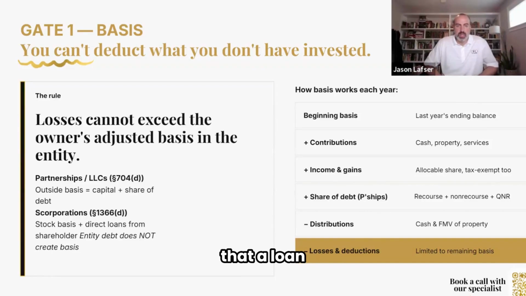The only time that a loan will give you an increase in basis for an S corporation is when it is a direct loan from you to the company. And truthfully, my recommendation on that is if you're putting money in the company and it's not structured as a loan, meaning I've got documentation, there's appropriate interest charged, there's expectations of repayment, a lot of times it's more efficient to just classify that as a capital contribution.